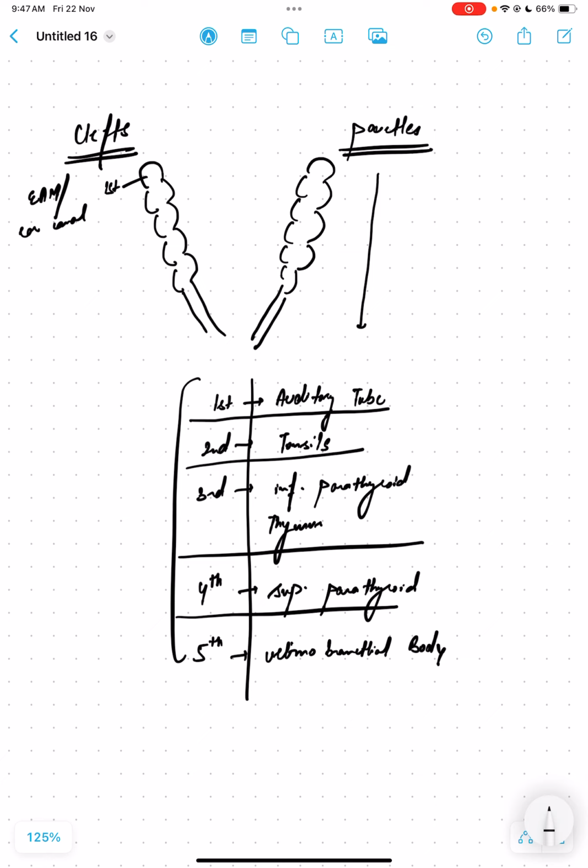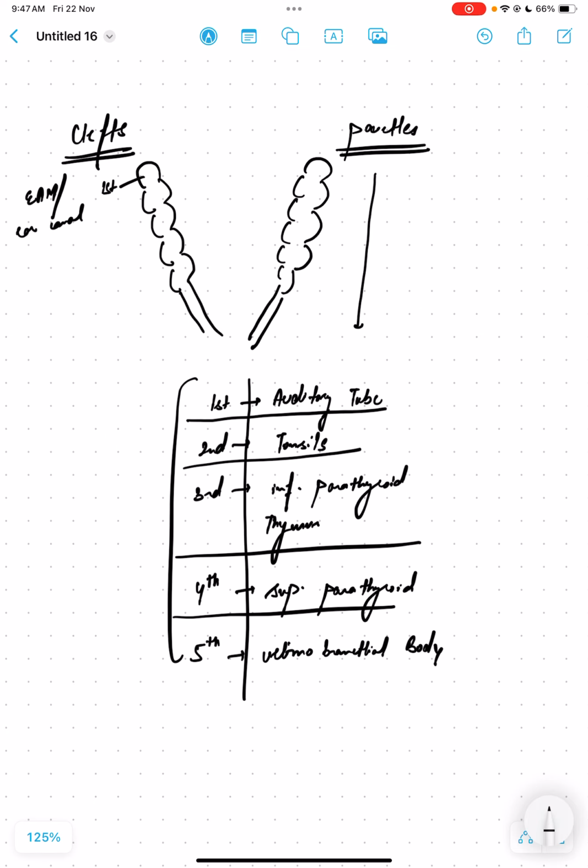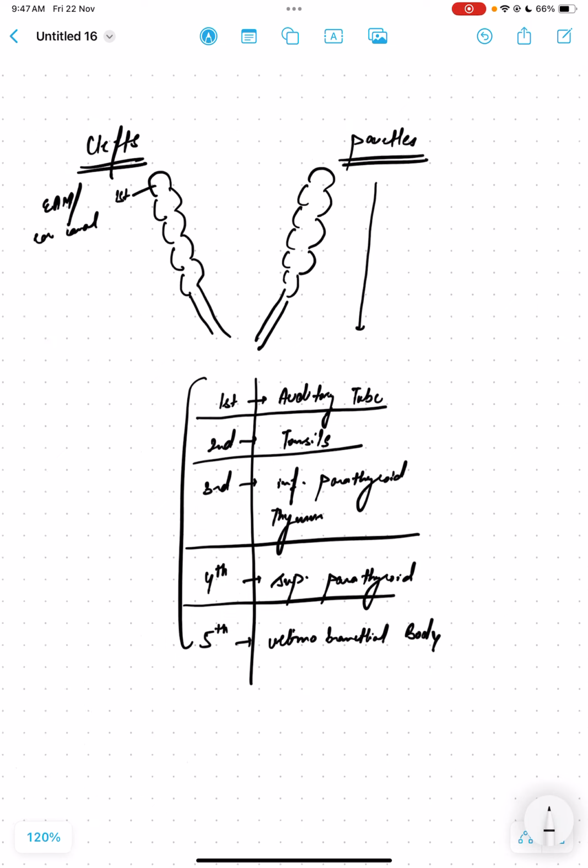It is often confused. Okay, so from the pouches, from the first we get auditory tube, from the second we get tonsils, from the third we get thymus and inferior parathyroid, from the fourth we get superior parathyroid, and from the fifth we get ultimobranchial body. Okay,